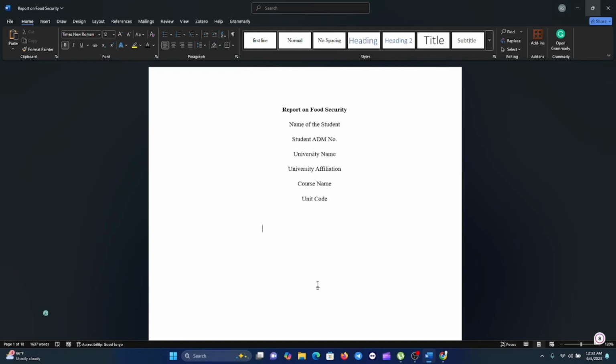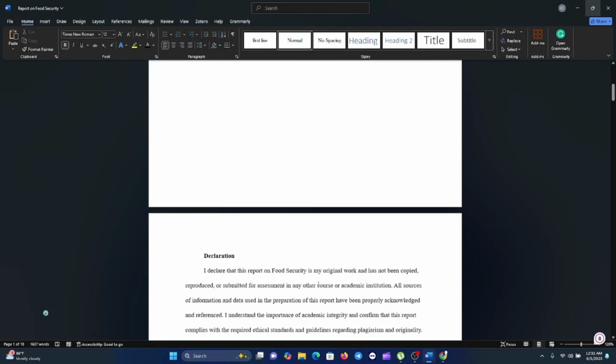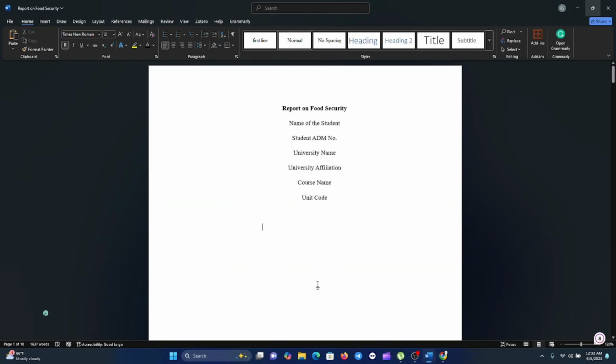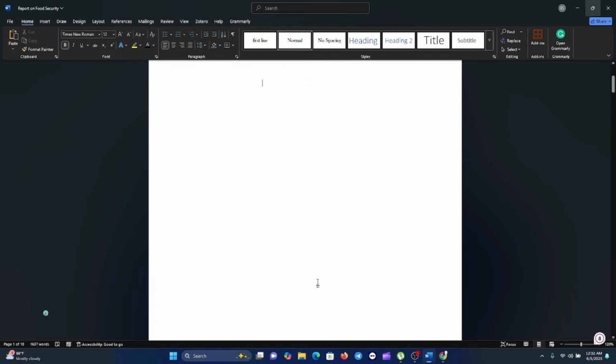or your PhD project, and you must need a section where you will add a table of content, or maybe you're working on your reports or a proposal. It's very important that you have your table of content that guides people, showing them different parts of your work. So for you to do that, you'll not go ahead and start typing it manually. There's an easy way I'm going to walk you through in Microsoft Word on how you're going to automatically create